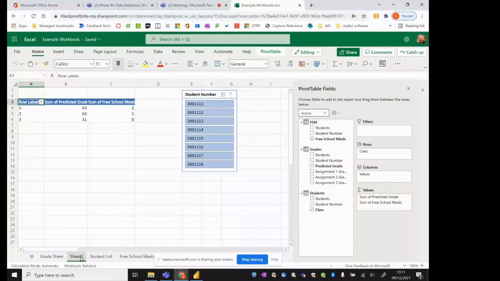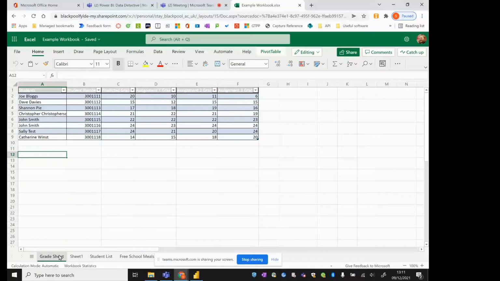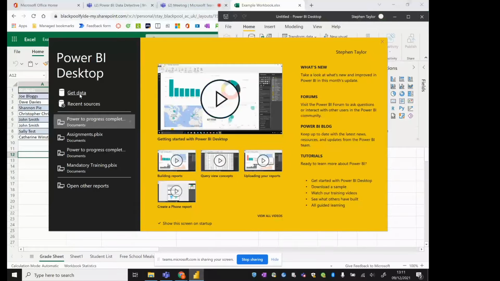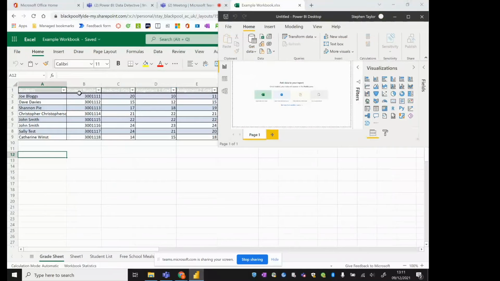Basically, Power BI is that on a much bigger scale, allowing you to bring data from multiple sources into one place. So if I go into here and go into Get Data on Power BI Desktop,